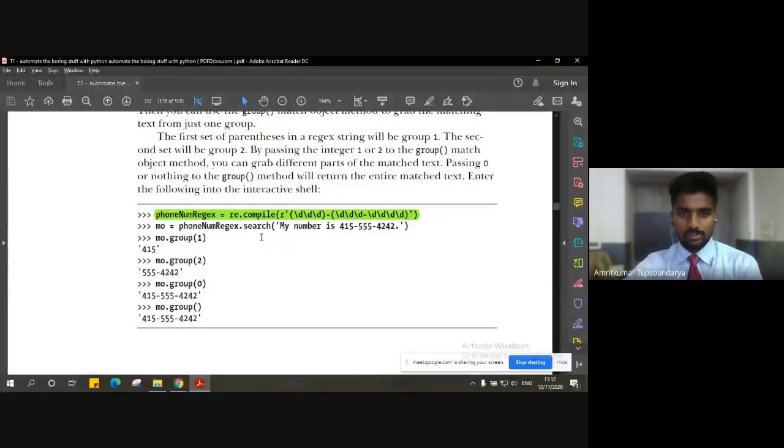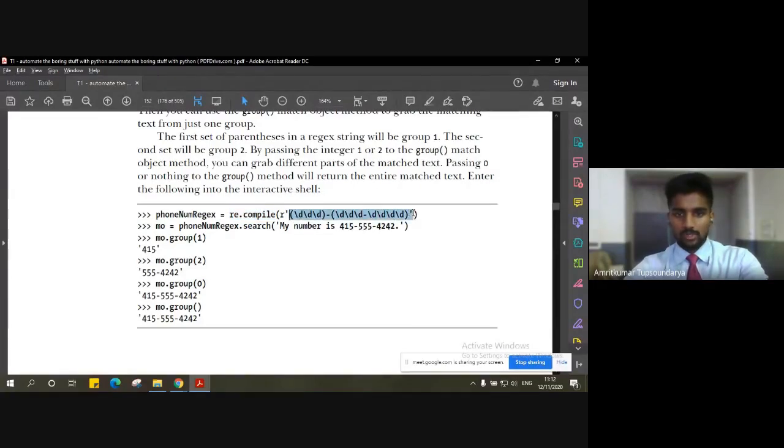The very first important instruction is to call the compiler, the method re.compile, and as I mentioned in the previous class, don't forget to mention this r character, which indicates the raw string. We have a variable called phone number regular expression, in which we are defining the regular expression.